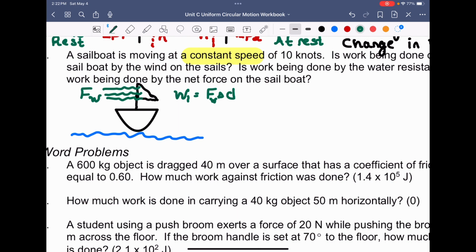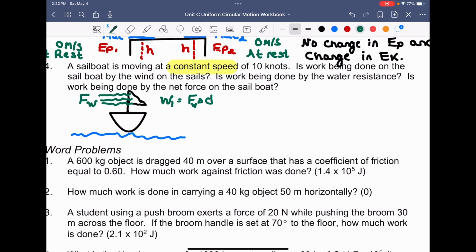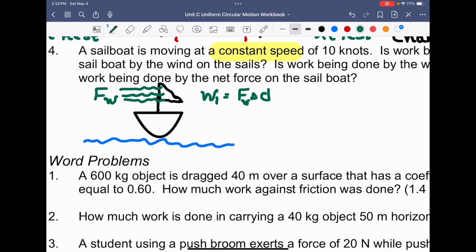Okay. Now, at the same time, they say that this is being resisted by some sort of water that's resisting this motion, or I guess they ask it in this way, is work being done by the water resistance? Because there is some sort of water resistance here, I'm going to assume that always, especially when the object's moving through the water. Also, I'm tying it to the idea of it being constant speed. Constant speed implies that there is a first law problem. So by first law,